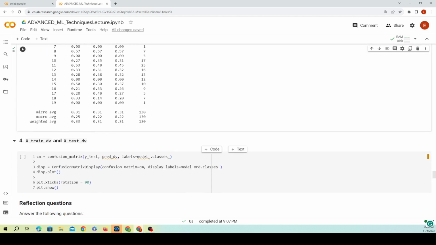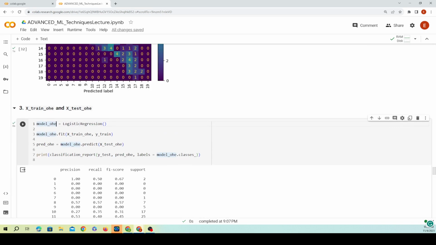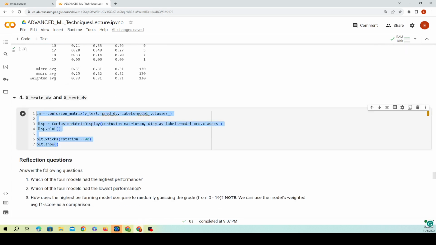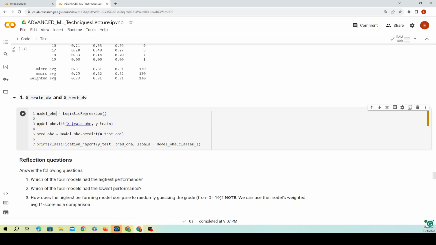So let's do the dv. So that will be dv. So we have to do this one. Sorry, I just thought we were gonna do the confusion, but let's just do the logistic regression. So this is going to be a dv